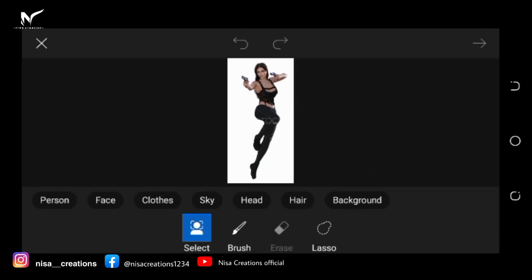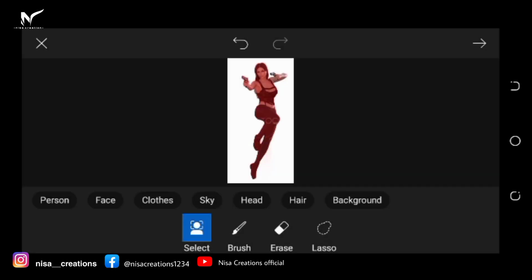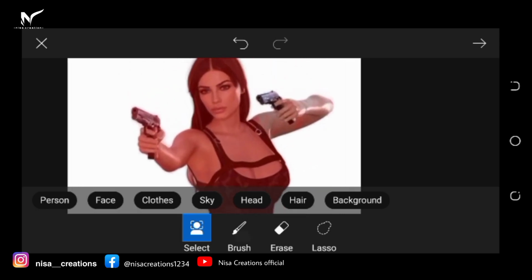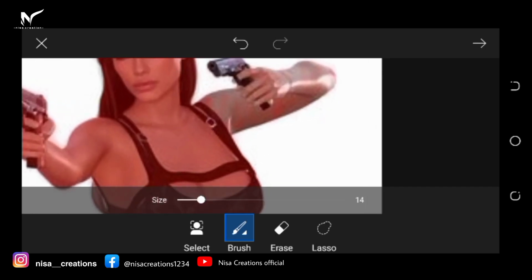And now we can see multiple varieties like person, face, clothes, sky, head, hair, background. So we have a lasso, razor, brush and selection, but I need a person, so I would go for this one. And if you think it's not precise, then you can use a brush tool, adjustments, and